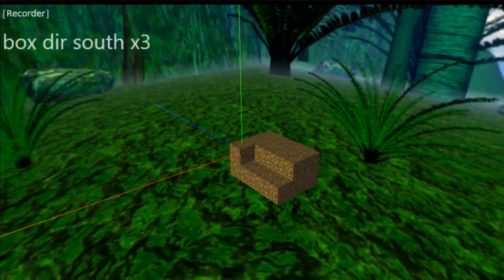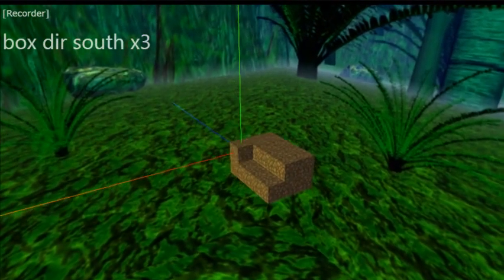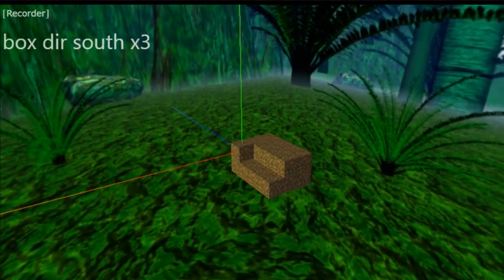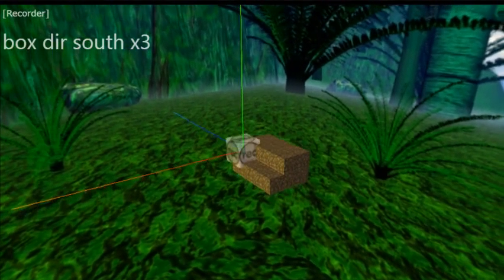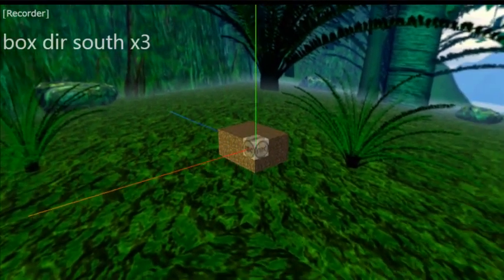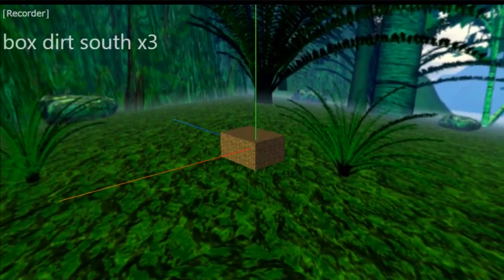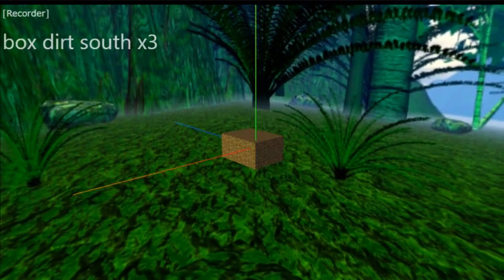Okay, so I made like a little block of dirt. Dirt, south times 3. There we go. So there isn't a delete yet, so don't screw up, but if you make a box and you're like, oh, I wanted a different box there, then